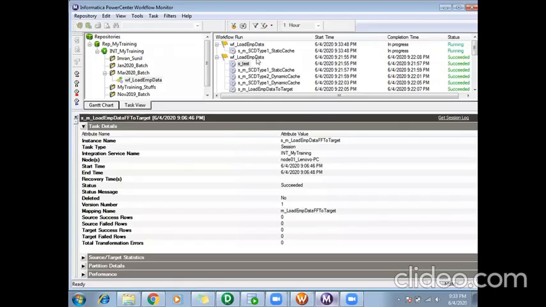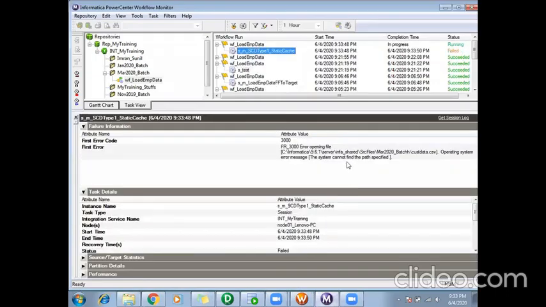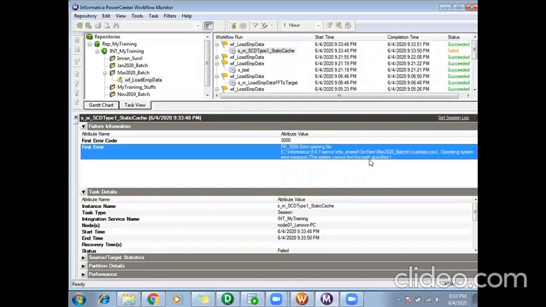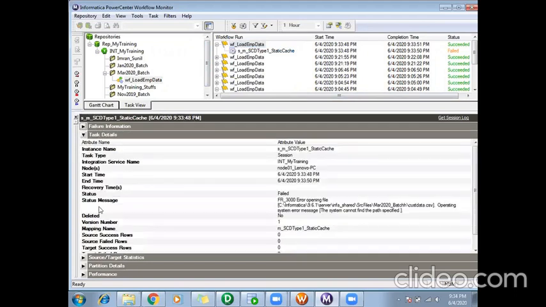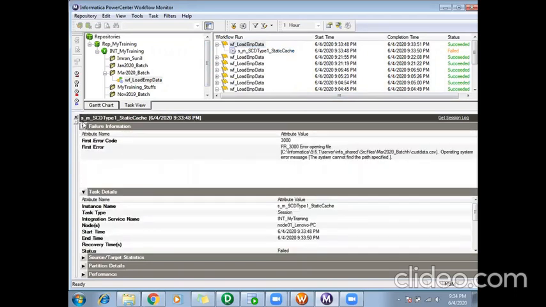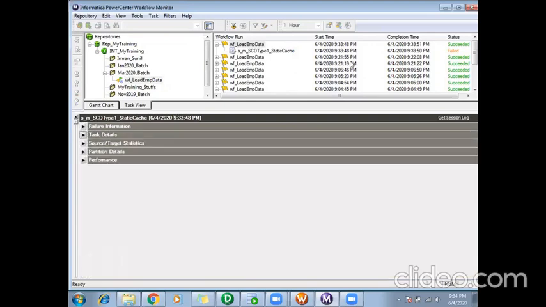Now the session will fail: the system cannot find the specified path. Though one of my sessions in the workflow failed, my workflow is still in succeeded status. You can see, right?